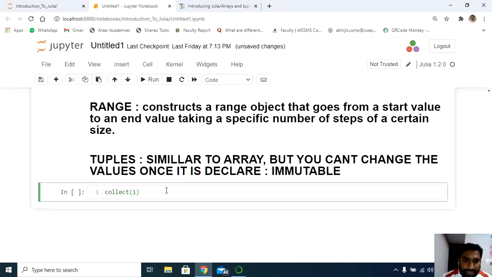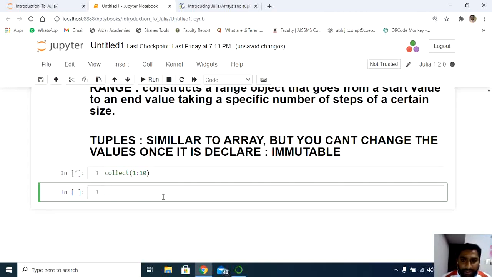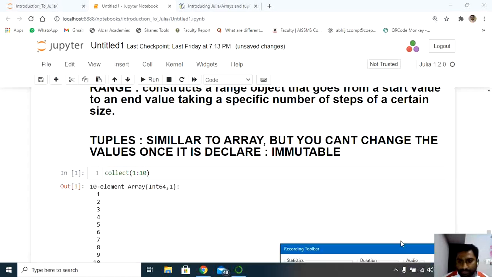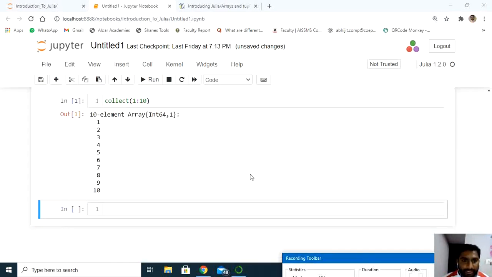Let's say my starting number is 1, then a colon, and give the ending number, which is 10 here. Shift and enter. Let's see how it generates the elements from 1 to 10 using the collect method. Now you can see it has given me the elements from 1 to 10 using the collect method in Julia programming language.